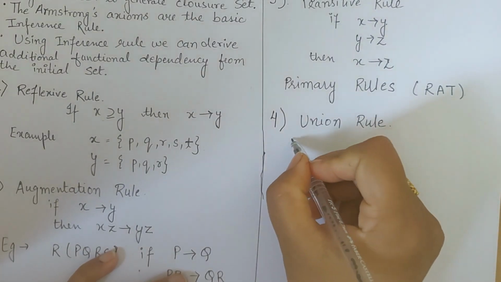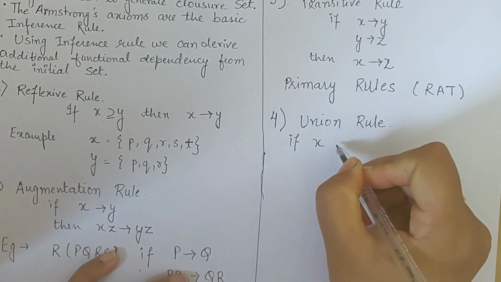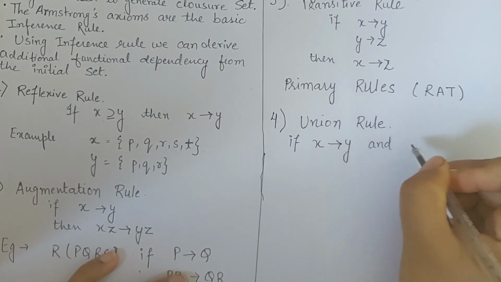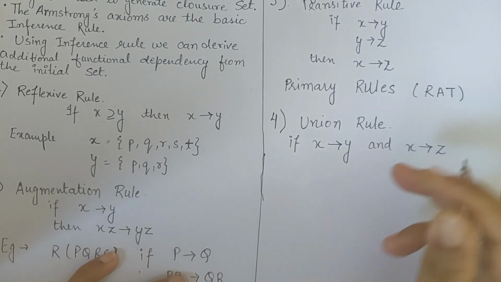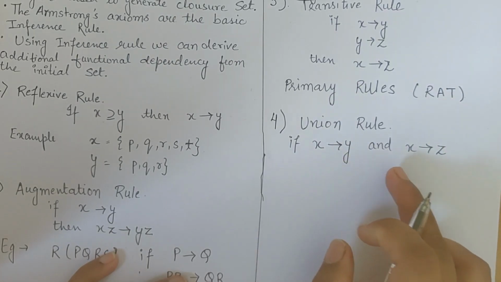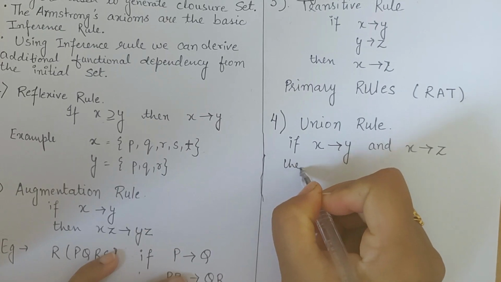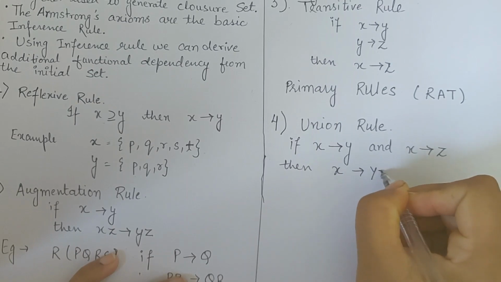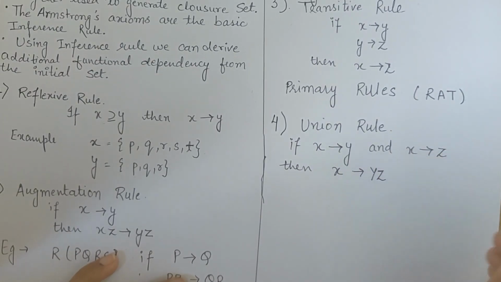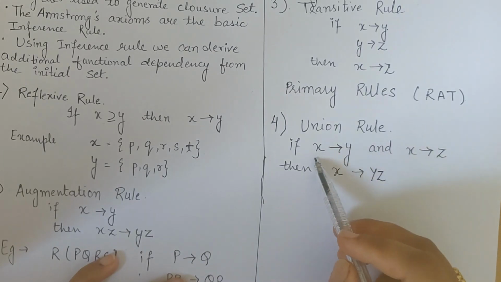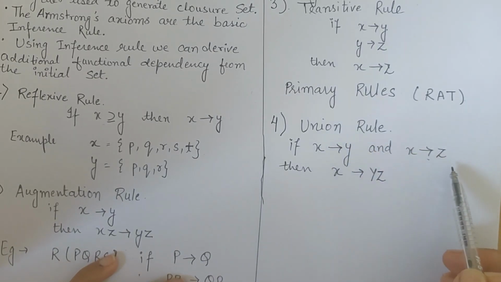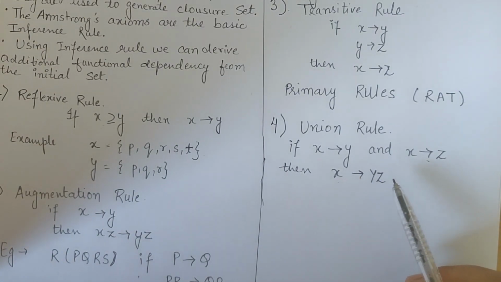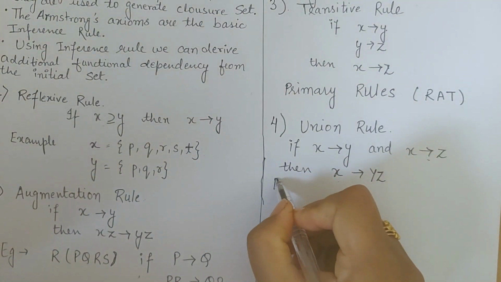The union rule says if x determines y and x determines z, then x must determine yz. If I write it like this, there is no issue because it's a union. The same element determines y, the same element determines z. So I can easily write that x determines yz. Now, how can I prove this? If you want proof,